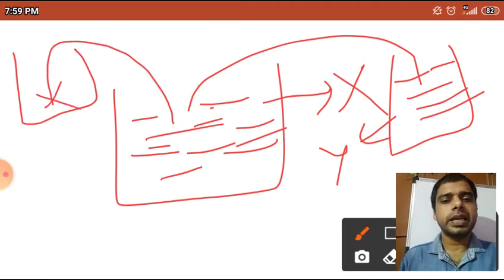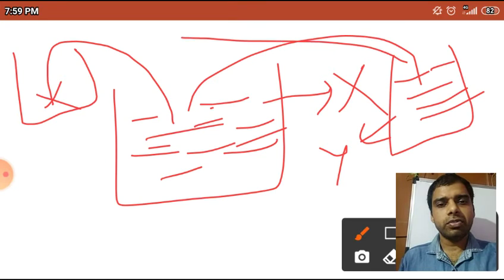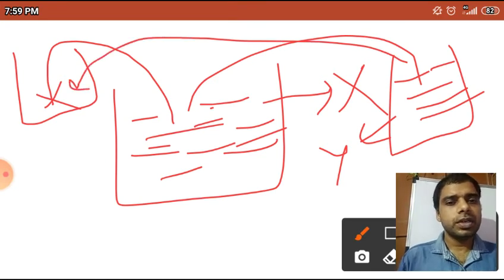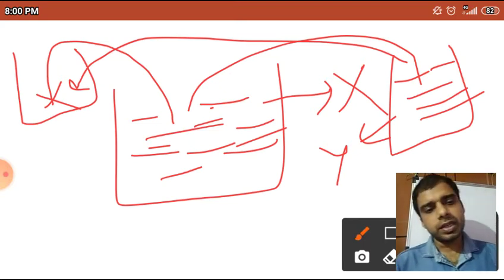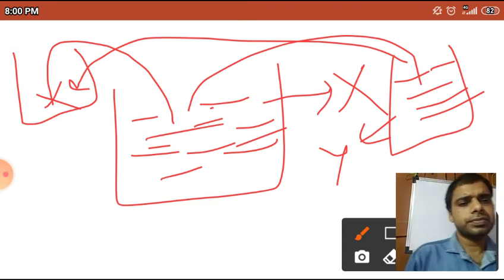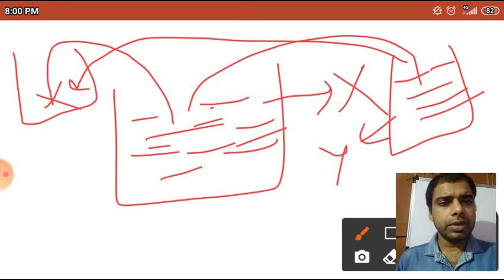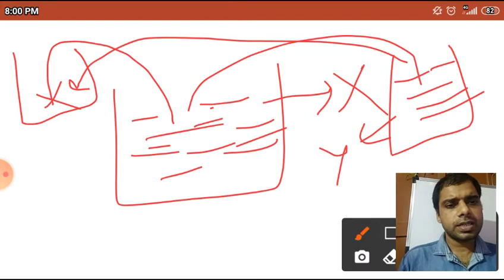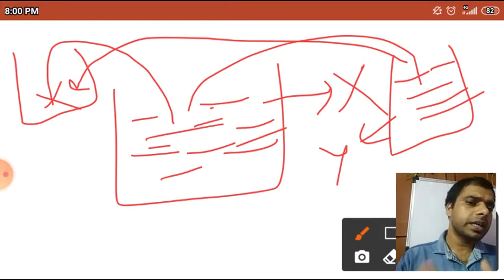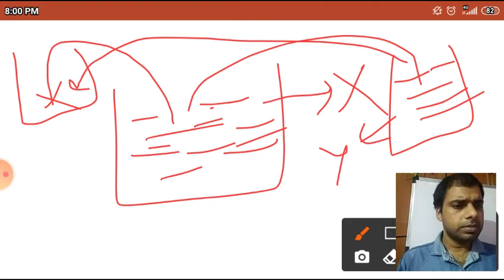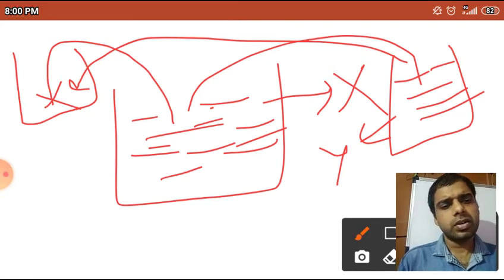First of all, I have added X, then some quantity of Y, layer by layer, one layer of X, one layer of Y, and I have mixed it uniformly with a stirrer, with a rod. Then again I take the X layer and add the Y layer, again and again, X layer, Y layer, X layer, Y layer, and it will mix uniformly. So this is the process of making alloys.